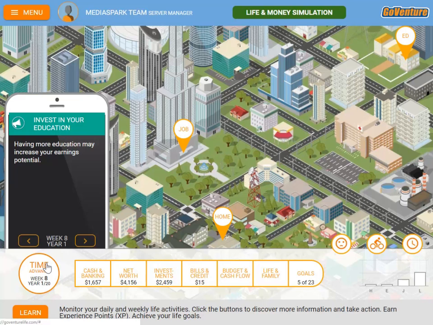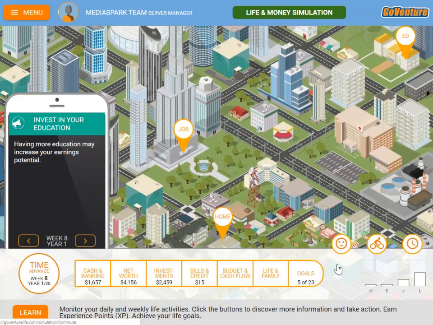The good news is I have as much time as I want in the current week to make whatever decisions I want to make. So I'm not pressured to move quickly. I can take my time, make my decisions, and then click the clock when I want to advance. The only thing that will apply time pressure on me is if, as part of my course, I am expected to play the simulation for a certain period of time. So let's say my instructor might suggest that I have to complete 5 years of the simulation by the end of the week. In that case, I want to make sure I devote enough time playing the simulation to achieve that time goal.